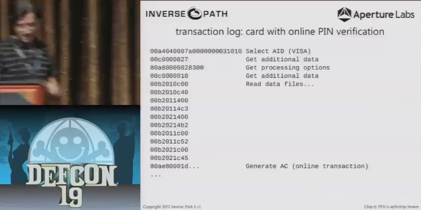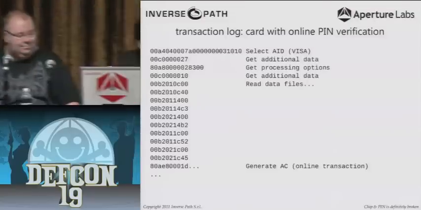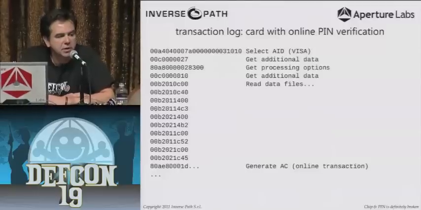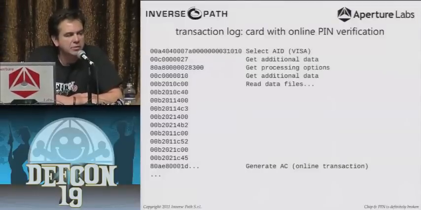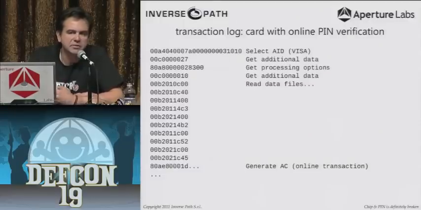Yeah, so here's an example of a specific transaction that we sniffed. So the slide before, you had a protocol analyzer showing you some data going on. We used that to sniff this conversation. So you see in this card, it's inserted in the terminal, it selects the Visa application, it reads a bunch of data, makes its decision, it's going to go online, and the final command, generate AC, is generate application cryptogram, which is an encrypted packet that's sent to the online system to verify the PIN or whatever it is that